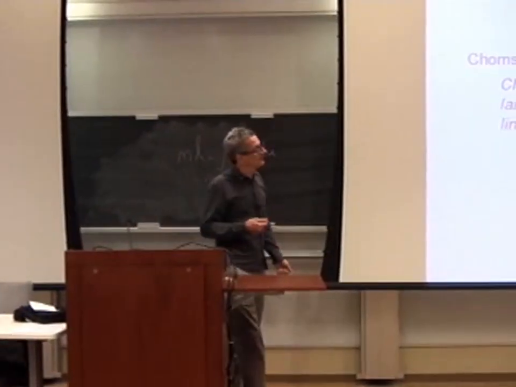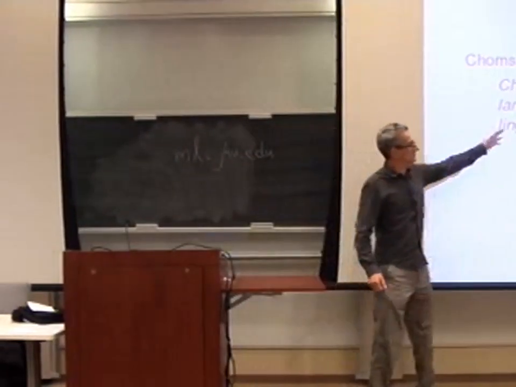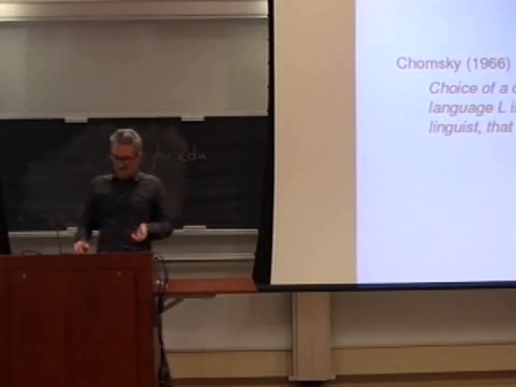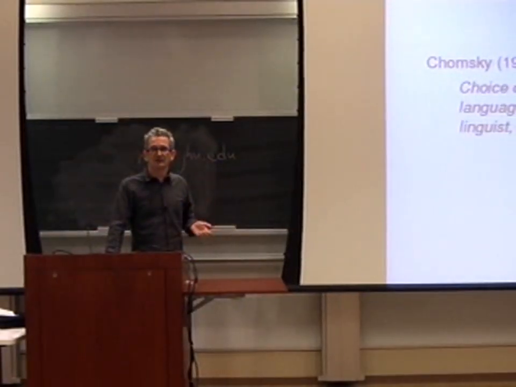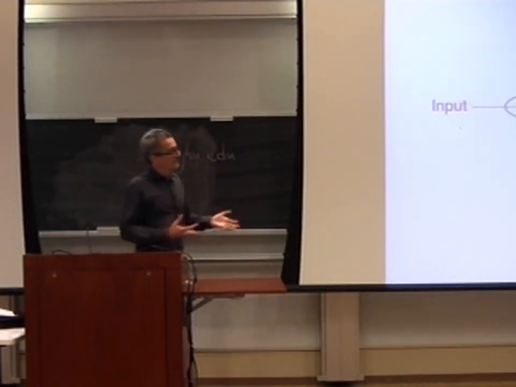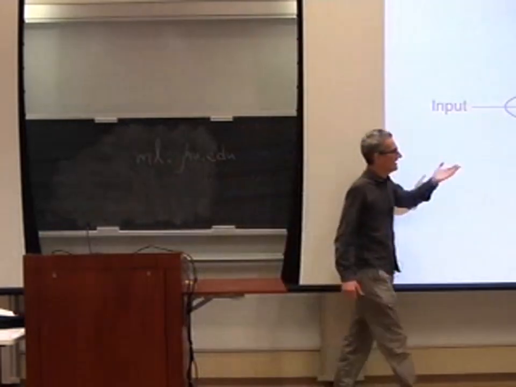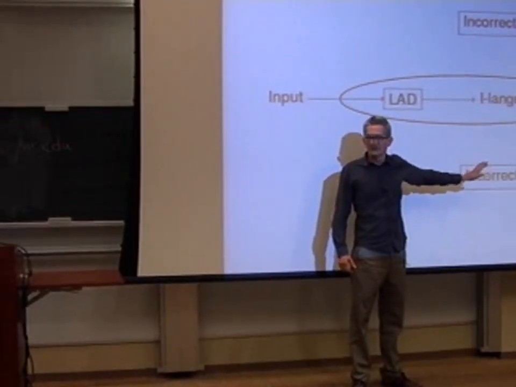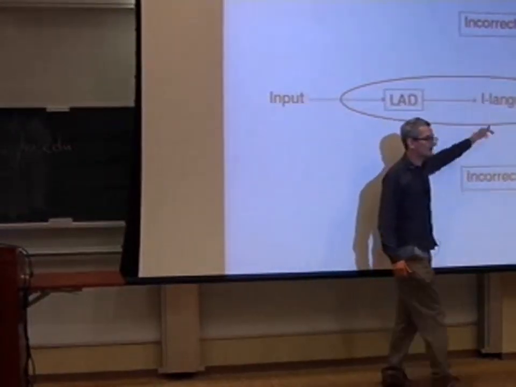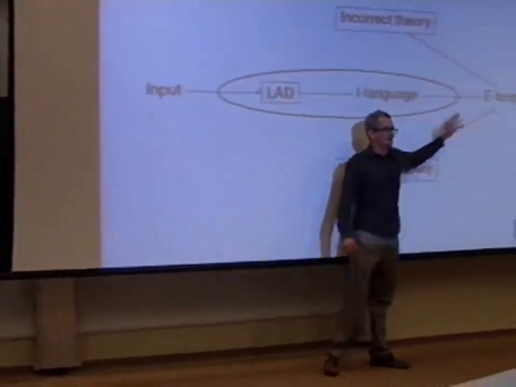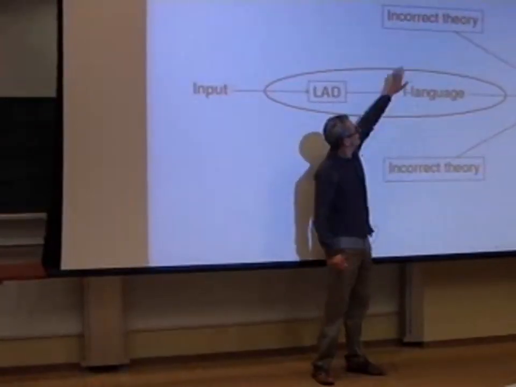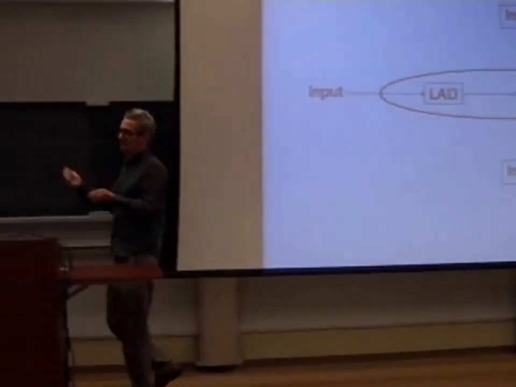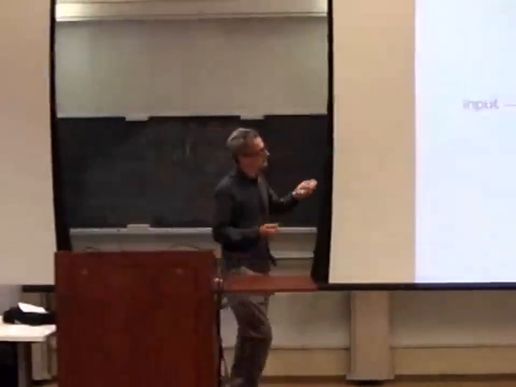And Chomsky recognized this pretty early on. The choice of a descriptively adequate grammar, so that means a grammar that defines the right set of trees, is always underdetermined by the language. Okay, so this maybe is a better diagram here, that we have several different possible theories, several different possible grammars, that are going to explain the same data, the same information. So we have, if you like, three different extensionally equivalent grammars that generate the same set of strings. So how can we figure out which is the right one?